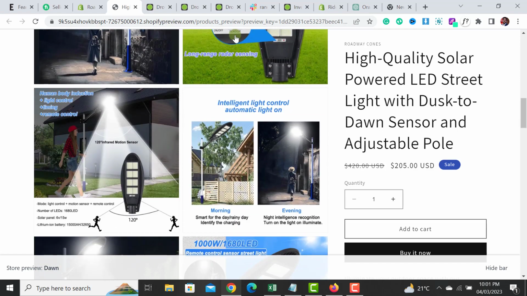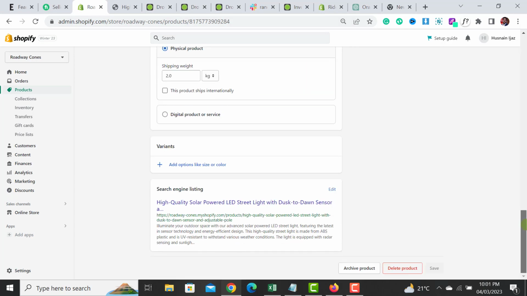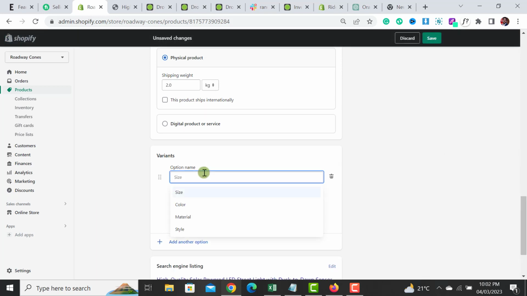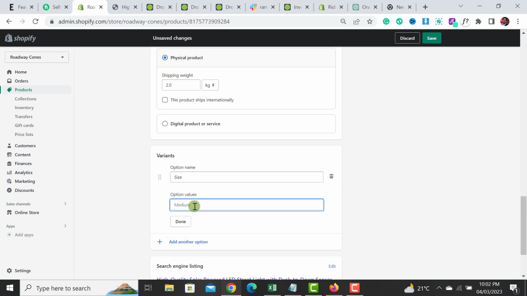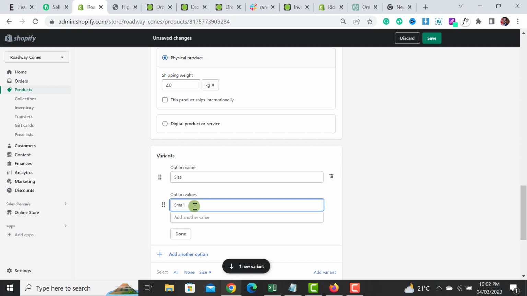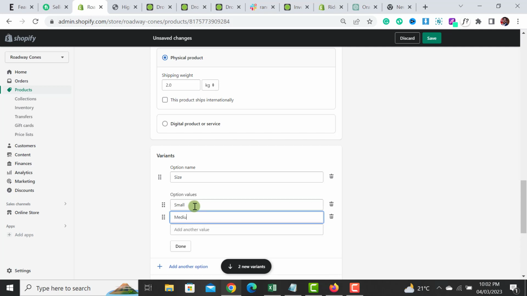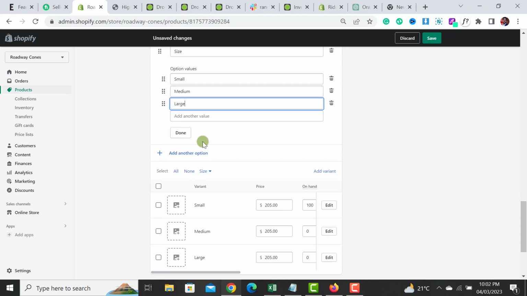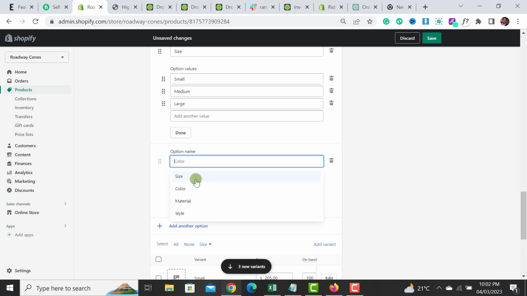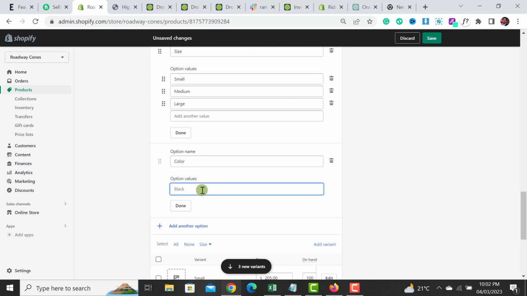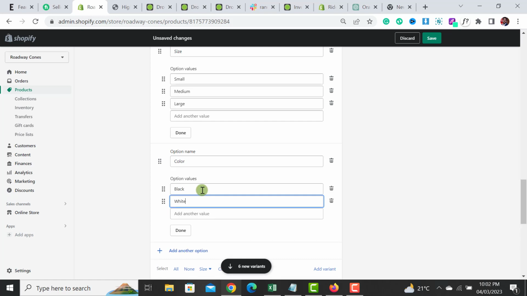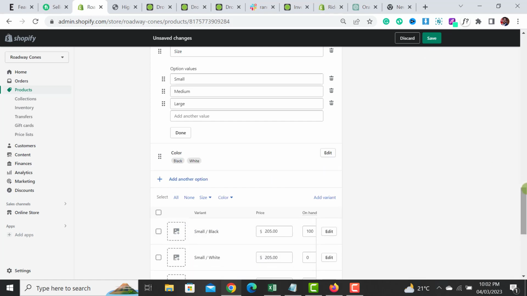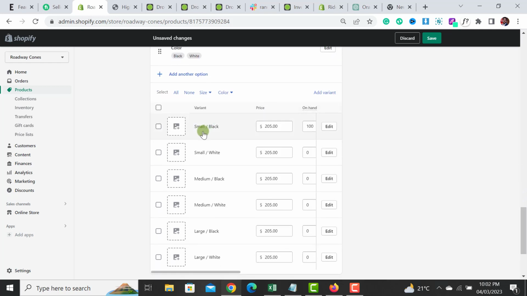So now let's add all those variants option. Okay, so here we have to add an option like size or color. So from here I would select the size and here I would select add small and then I have to hit the tab button and here I have to add medium and then after hitting the tab button I have to add the large option value, and after it, if you have other colors you have to select this option like add another option, and from here you have to select the color and let's add black and white color as option,